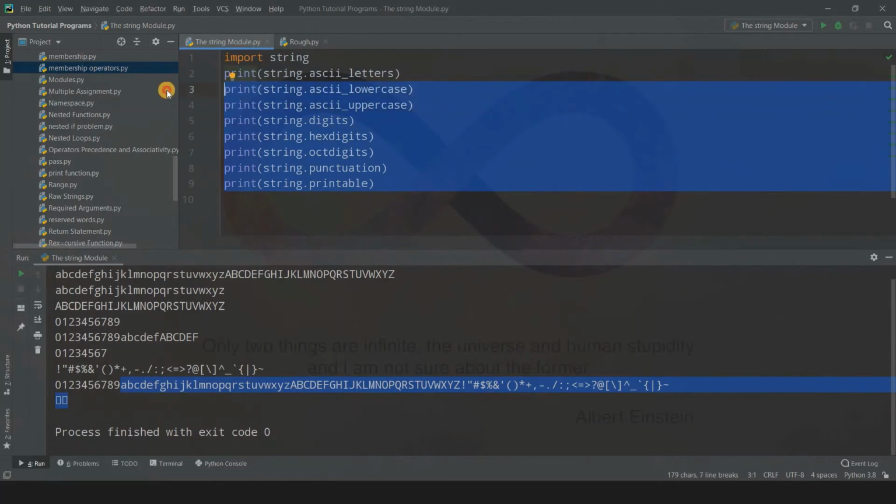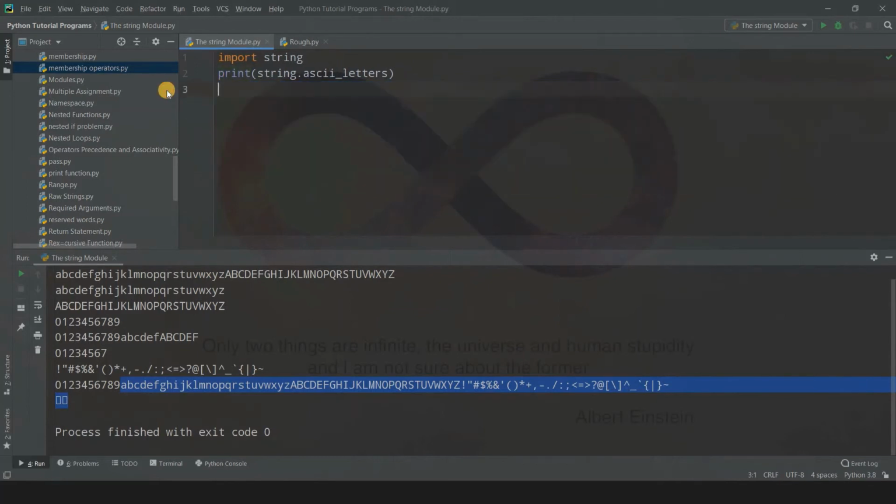You might have the question of why you may need this, but if you're into competitive coding, then sometimes you may need a list which contains all the alphabets. So suppose you want the list of all lowercase values. I'll not print it now because I need the list, right? So let us name it alphabets, equals to this thing.